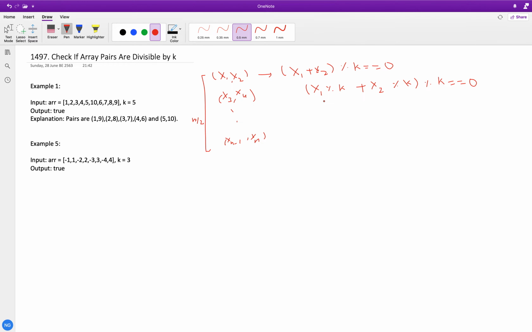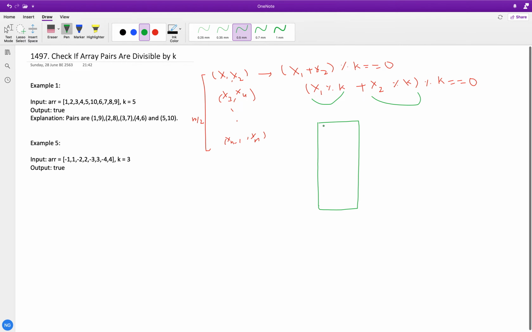With this hint, first we iterate through all the numbers and count the frequency of their modulos. We create a modulo array whose indices are from 0, 1, 2 up to k minus 1, where we count the frequency.